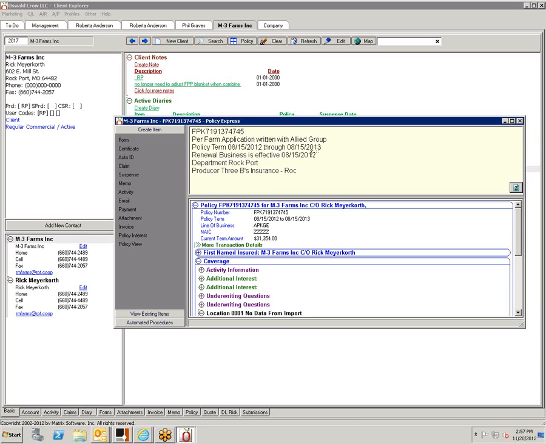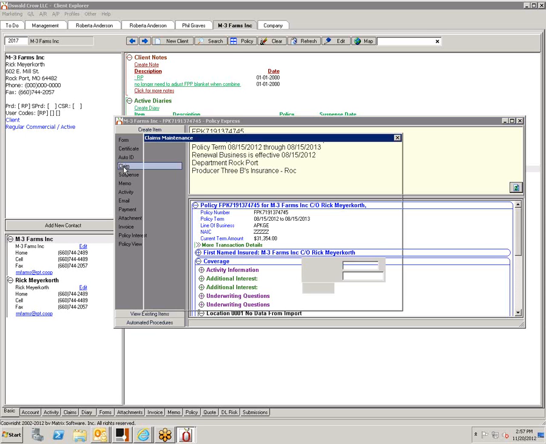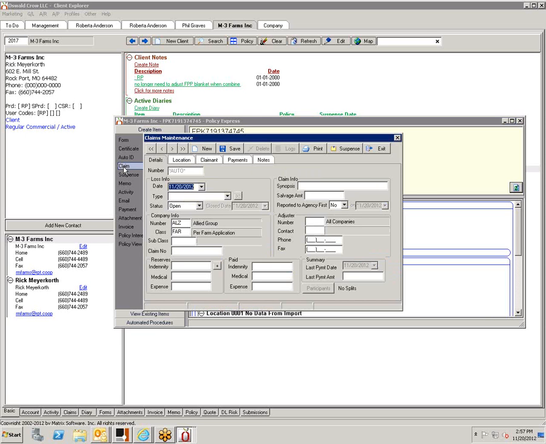Do you track any of the claims? Yes. Okay, so this is where you would actually put the information about the claim if you wanted to track the claim. Okay. So this doesn't create a form, it's just an internal record. So that if we wanted to, we could pull a client up and see how many claims we've paid on this client in the last 3 years. You got it. Okay. Yeah.